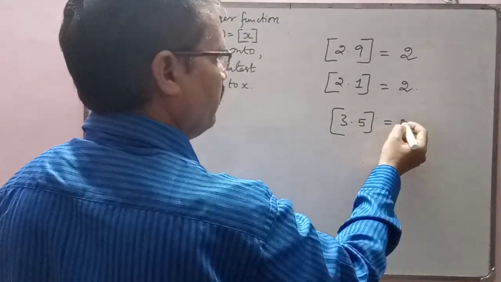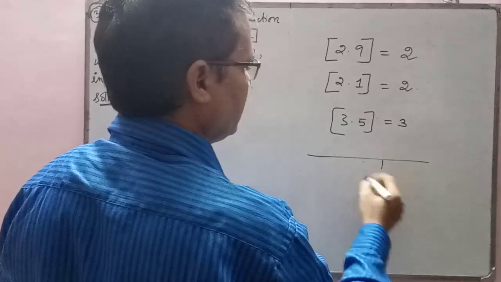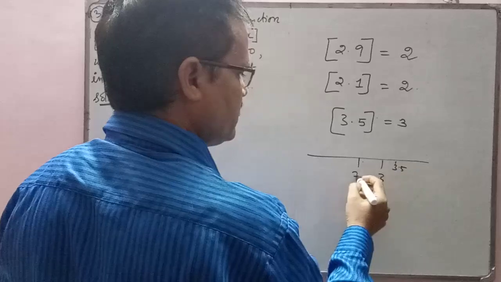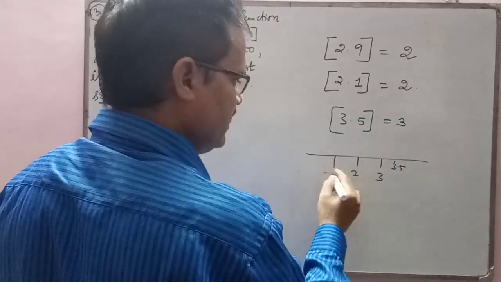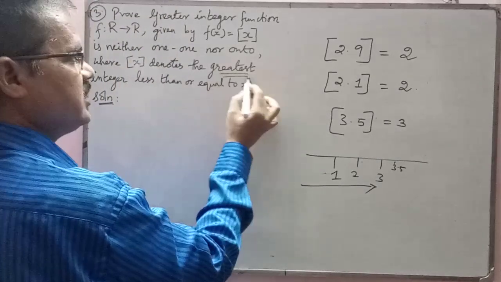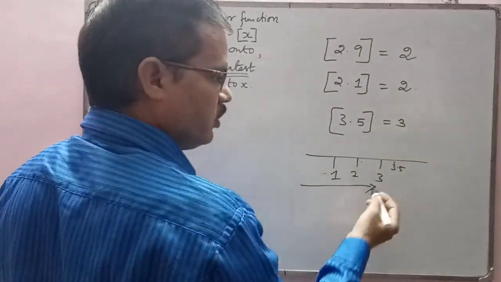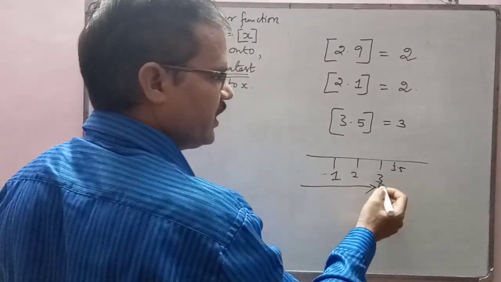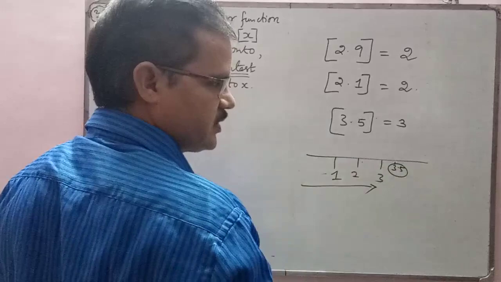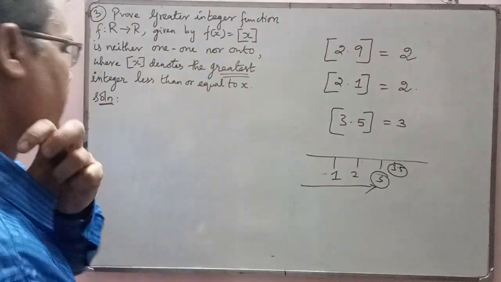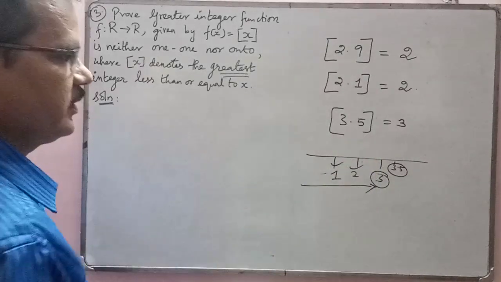Okay, children, which means you cannot take the value 4 for 3.5. These are all integers. In these integers, which is the greatest, you may have a doubt. Greatest integer, what does it mean, sir? You have a lot of integers, right? In that, which is the greatest integer nearing 3.5? This is the answer. That's why they have used the word greatest. Otherwise you would have taken 2 or 1, something like that.